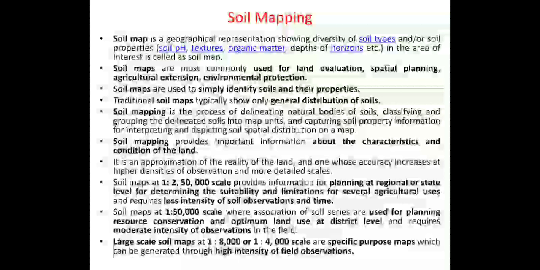You have to collect this information according to the type of soil, with respect to these properties, with the help of technologies, that is GIS, GPS, as well as remote sensing technology, which are used for the collection of the data regarding the